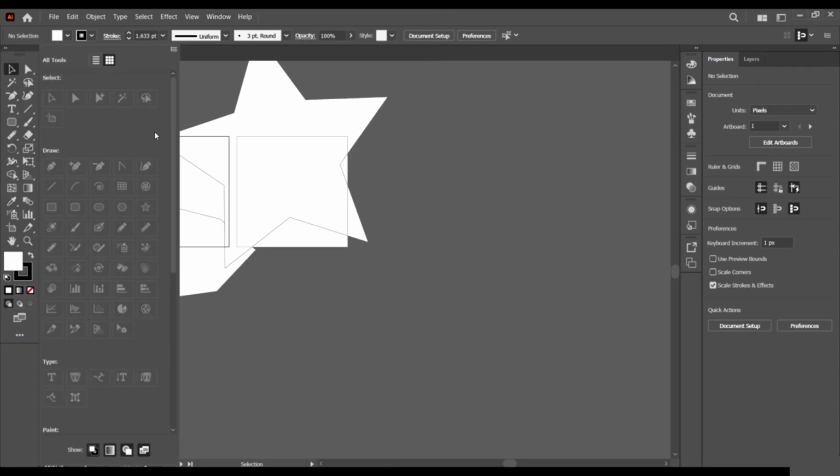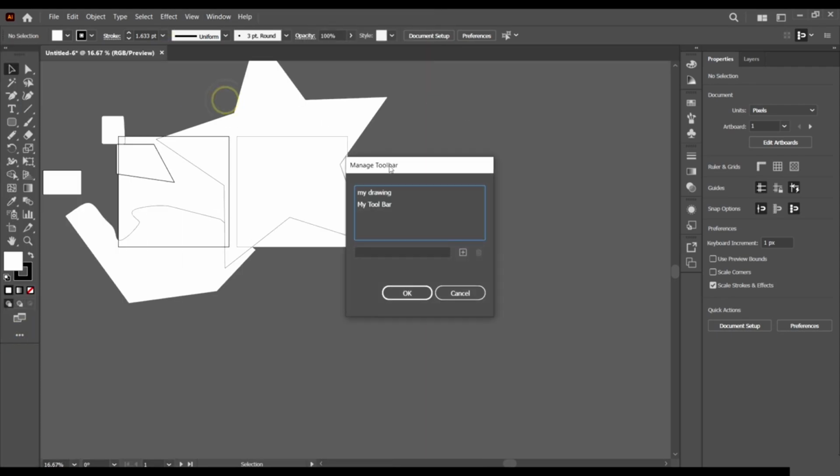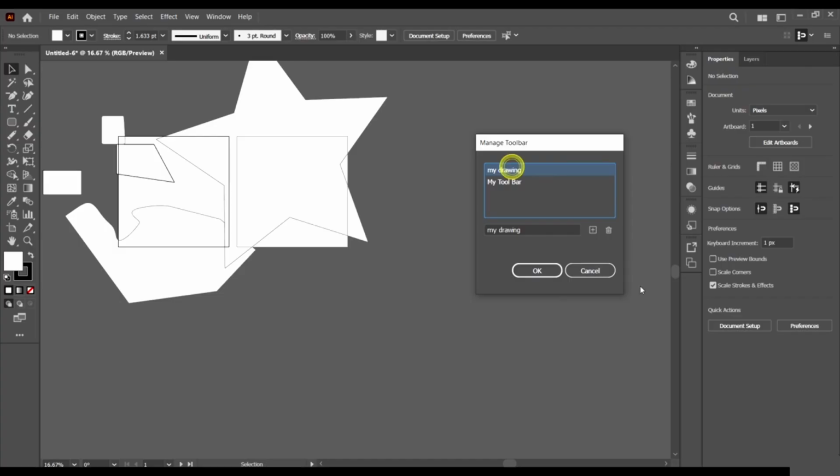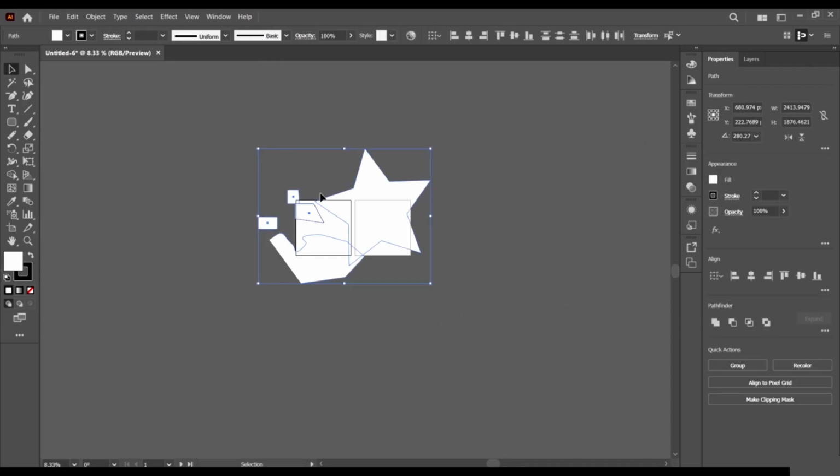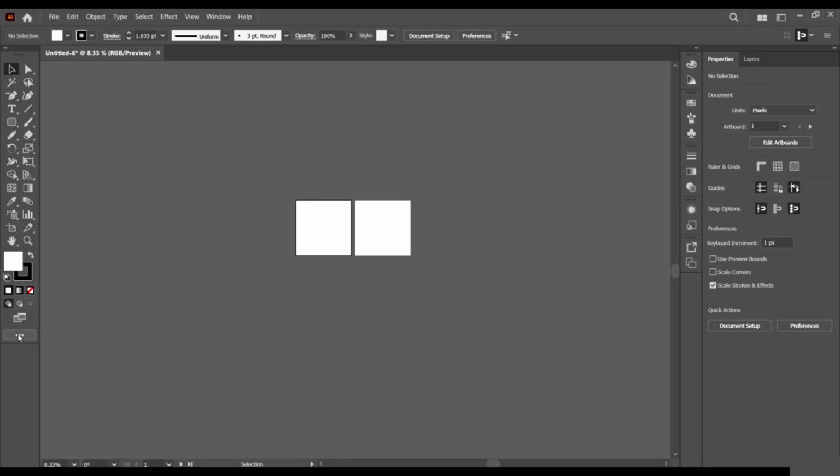And we can also come and manage our toolbars. Okay, we can delete our toolbars. We can select the toolbar here, the custom ones, delete. We can select them, delete. We can add new toolbars. We can keep adding, and we can delete. Okay, we can click OK, which will save our changes. Then we can cancel. Okay, so that's it about managing our toolbars and creating new toolbars.